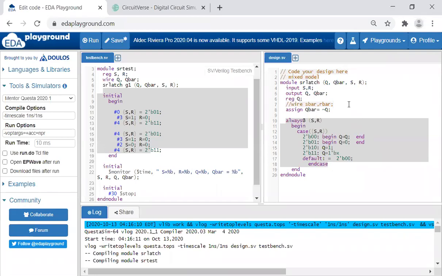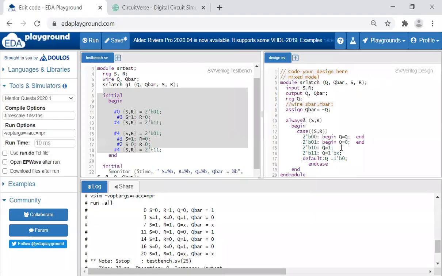To get Q, what is the logic involved? To get Q bar, what is the logic involved? What are the inputs I have to give to get Q, and to get Q bar? Now if you see, when S is equal to 1, R is equal to 1, according to the logic, Q is equal to X, and Q bar is equal to not of X. So it will still be X only.